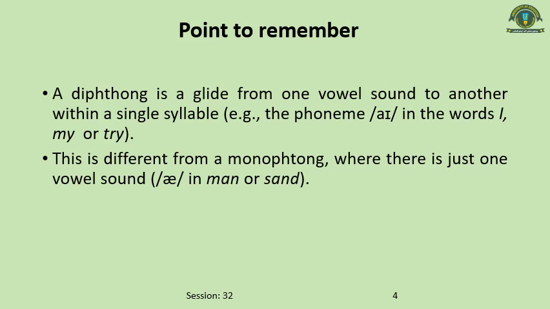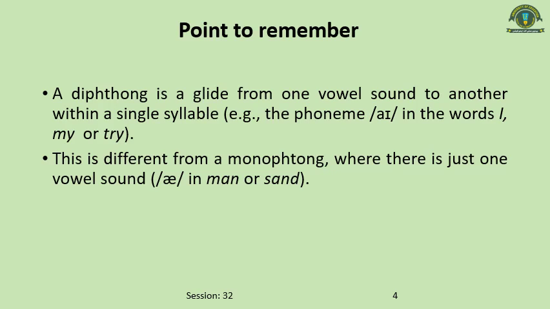Alright, T, R, I. So there are three phonemes. It is possible some of the students may wonder why there are two signs. When you put this question to yourself, the answer is very much written in the first part of this statement, and that is, a diphthong is a glide from one vowel sound to another within a syllable. Within a syllable. Right? It's very important to understand.